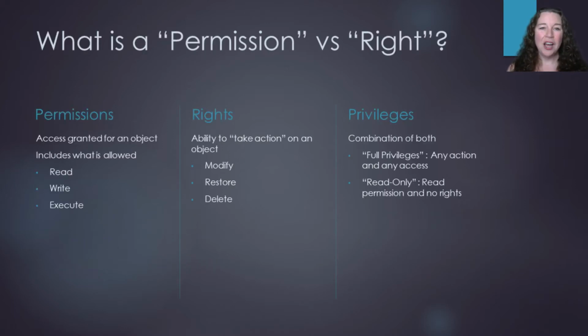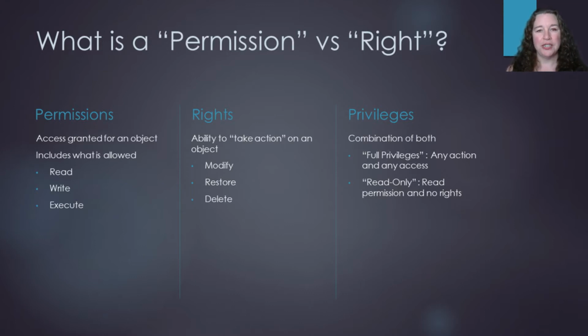So first, a right versus a permission. Technically, the way we look at it is a permission is specific access that is granted for an object, including read, write, and execute. Essentially, what access is given for that given object. A right is the ability to take action on an object, such as to modify it, restore it, or delete it. So if we are going to do something specific rather than simply reading, writing, or executing, those are called